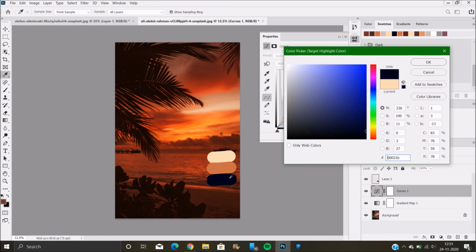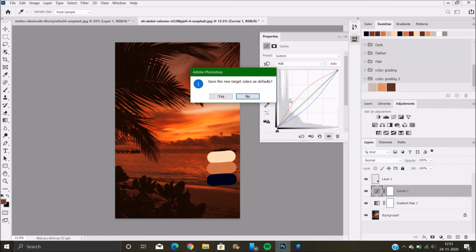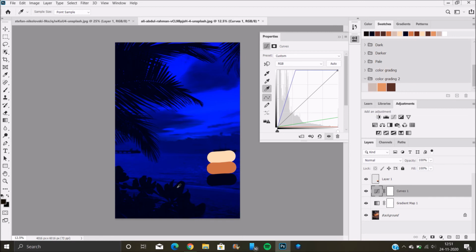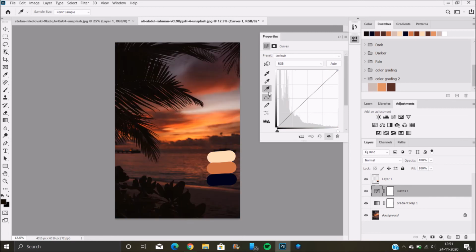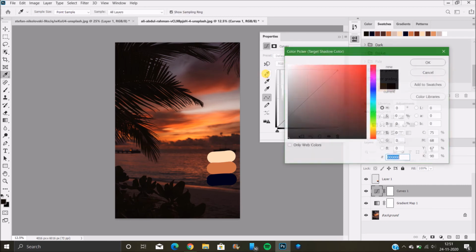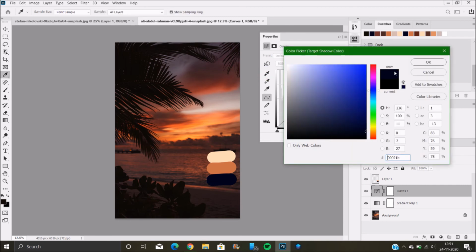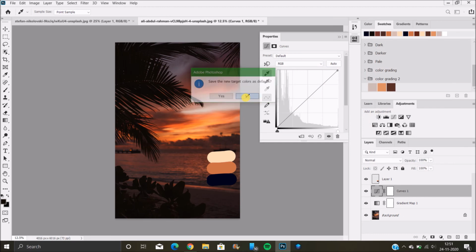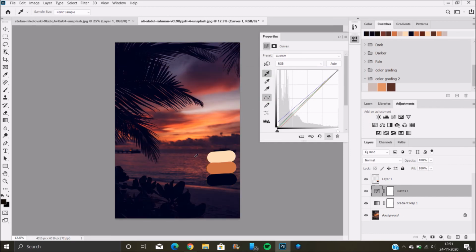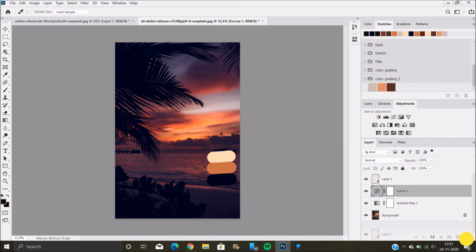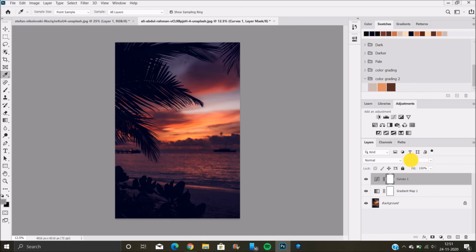Now I will pick the black point for the darkest color, and apply this on the darkest side of the image. Now I will decrease the opacity a little bit because I think this is too much.